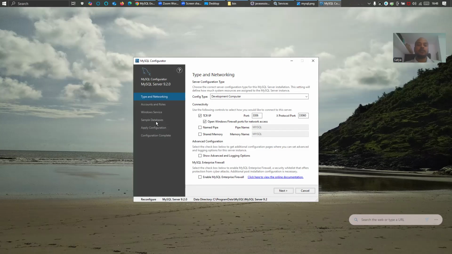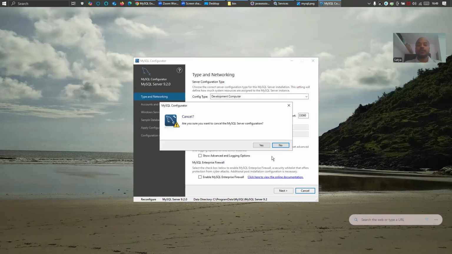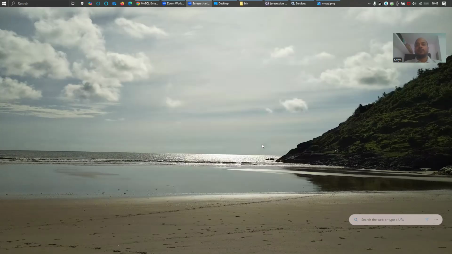Then it will go for the apply configuration. You click on apply. It will set up the configuration. It will complete the configuration and your database is created, right? Your MySQL is installed and it is configured. Now, after doing this, what you do,